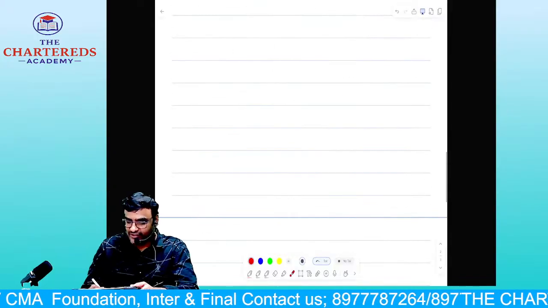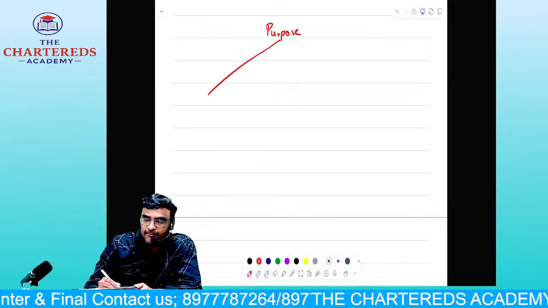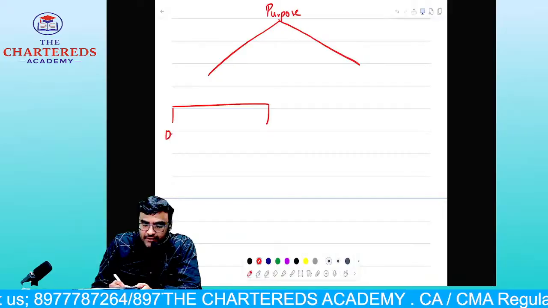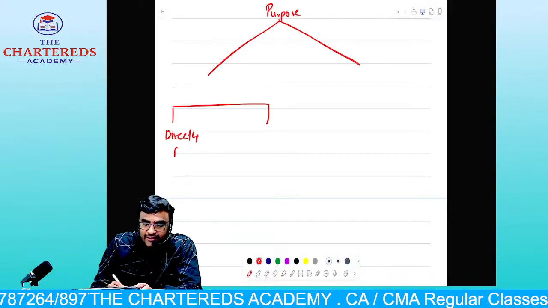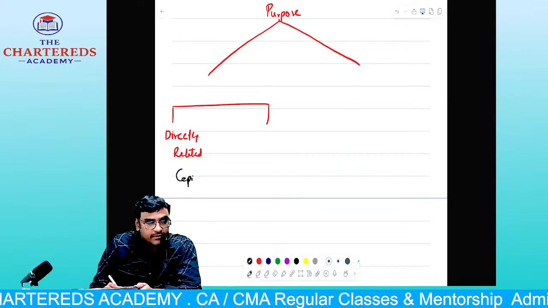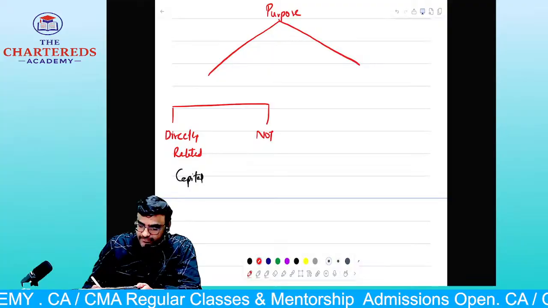That means one of the story. Whenever I say purpose of the expense, okay, purpose of the expense. So if the expense is directly related, it should be capital or it should be revenue. Here, and if it is not directly related,